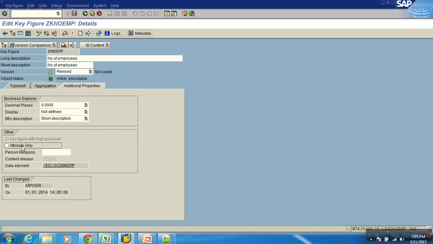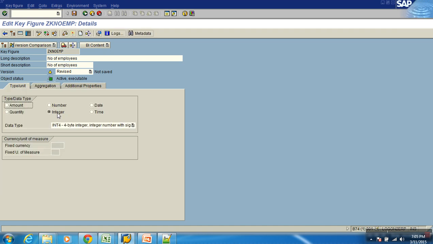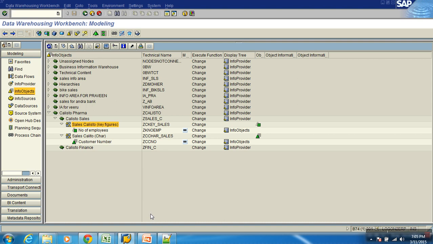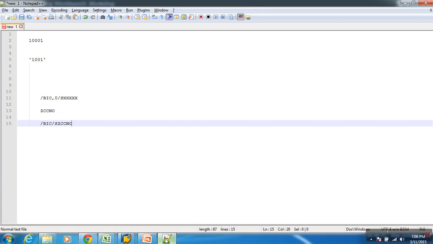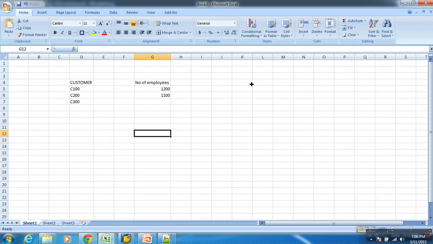Then what is the checkbox here? Attribute only. If I enable the checkbox, what happens? This key figure can be used only as an attribute of another characteristic. If I deselect it, I can use this as an attribute or as a key figure inside my cube also. As I told you, a key figure can take two places, either as an attribute or inside my fact table. So if I deselect, I can use it either inside a fact table or as an attribute in the master data also. Okay. The decimal content is all fine, and the date and time when the person activated it. I am all okay with the setup, and then I want it as integer, it's active. Okay, clear? You can do it this way.